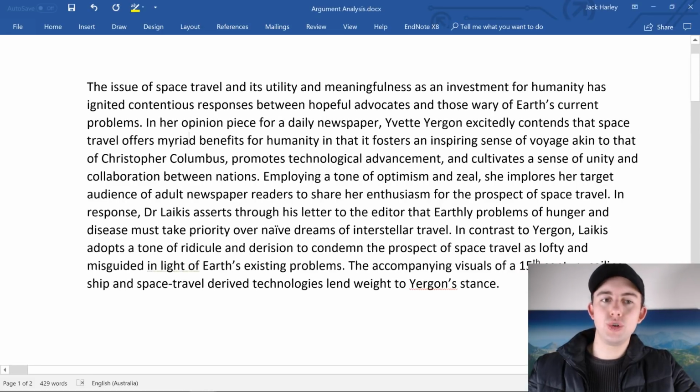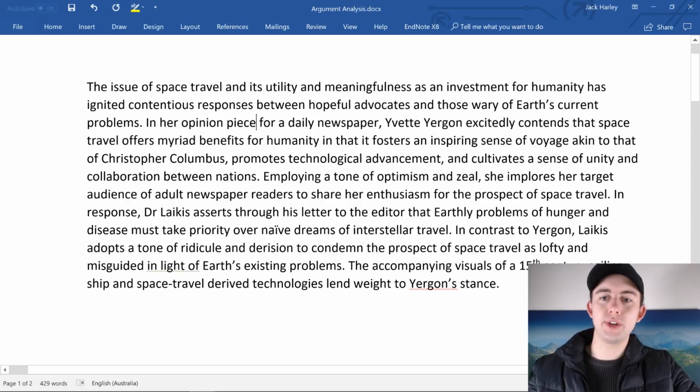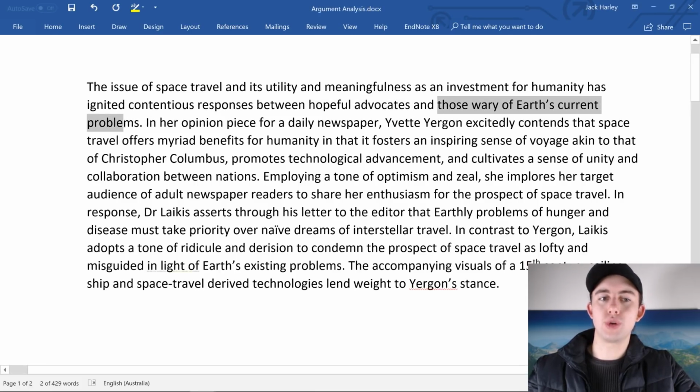So I've said the issue of space travel and its utility. Guys, remember the issue of something has ignited contentious responses between stakeholder 1 and stakeholder 2. So, and its utility has ignited contentious responses between hopeful advocates, stakeholder 1, and those wary of Earth's current problems, stakeholder 2. In her opinion piece for a daily newspaper, Yvette Jurgen, right, so opinion piece, so in his or her text type, okay, I haven't mentioned the title here, but that's okay. Yvette Jurgen, so that's the author, contends, I've said excitedly contends in this case,